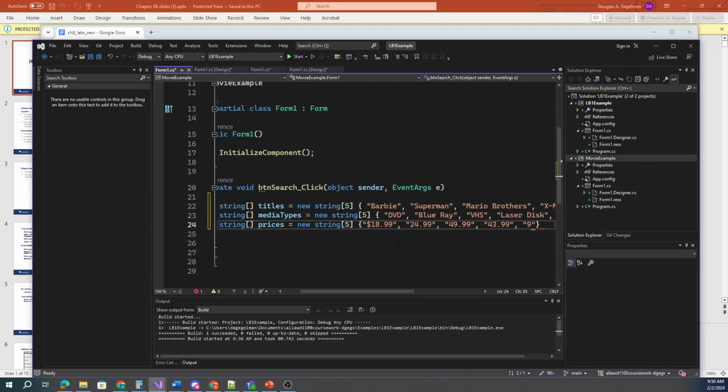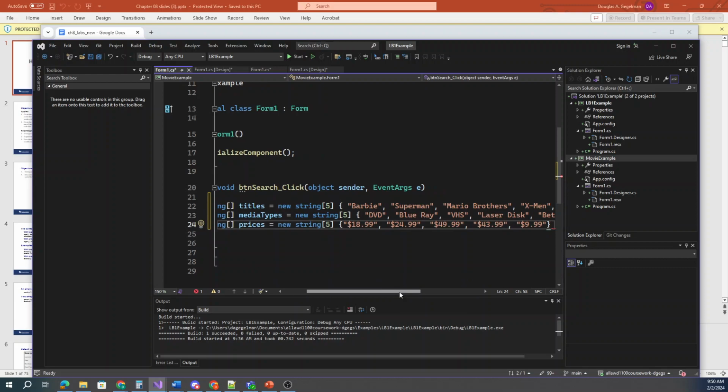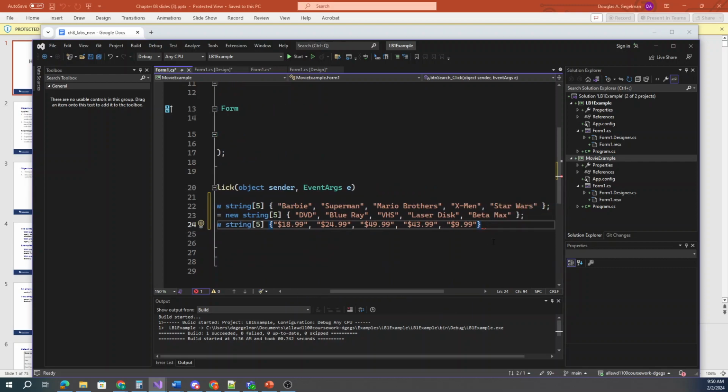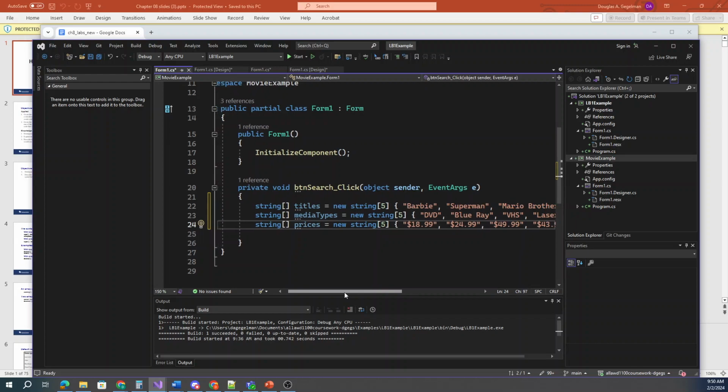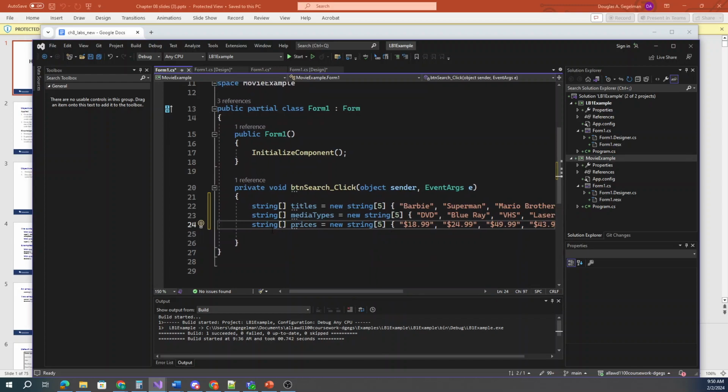And we'll go on the cheap with our extremely dead Betamax. I'm going to put a $ sign in front of these. That way I don't have to do any conversions or anything. When I print my string out, it'll have a $ sign in front of them. Just got to show you how that can work by using strings. Got to put my semicolon at the end. So now I got my 3 parallel arrays. One's called titles, one's called media types, and the final one's called prices. So now that we got our arrays